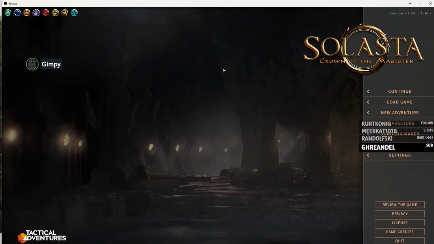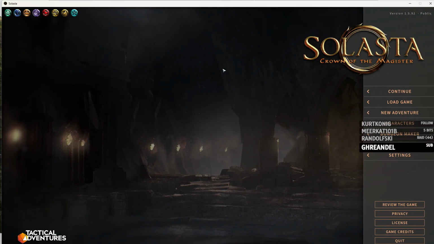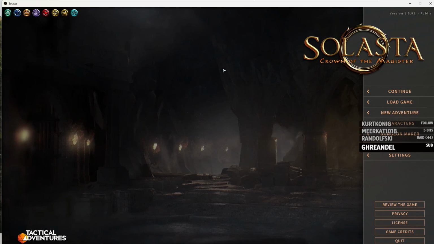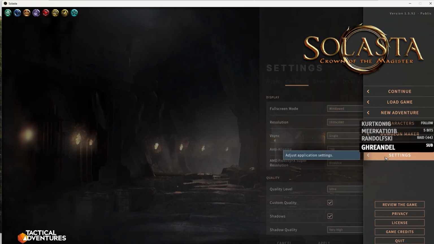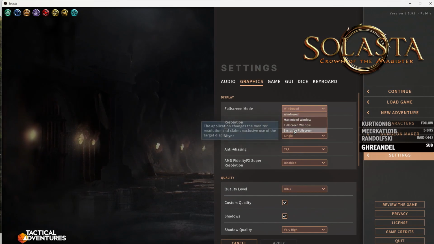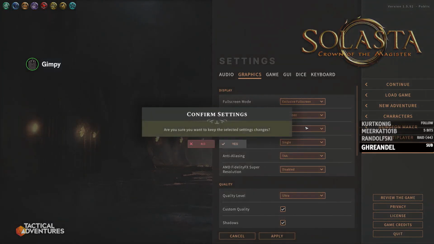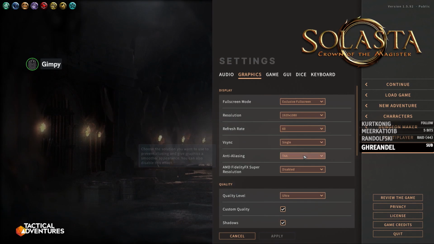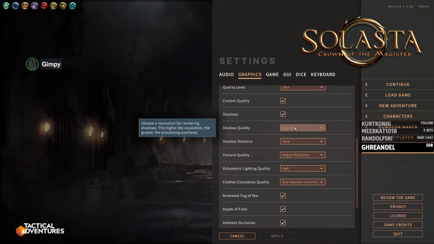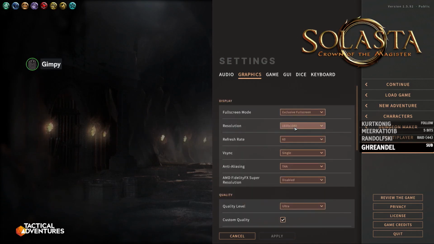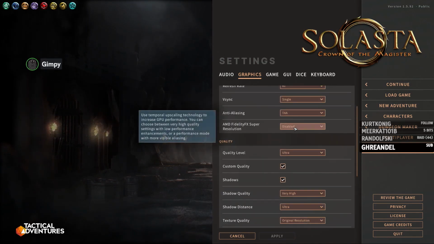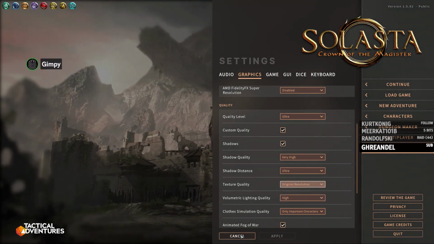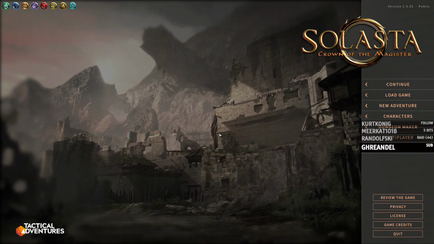But anyway, Hobo, are you awake? Because without Hobo, we can't really do this. And I really want to see Solasta with all these nice little settings that I've never been able to run before. Ultra, very high. This is what the game suggested, by the way. Or at least that's what it came as. All the big stuff. So I'm kind of eager to see that. Somebody poke Hobo.